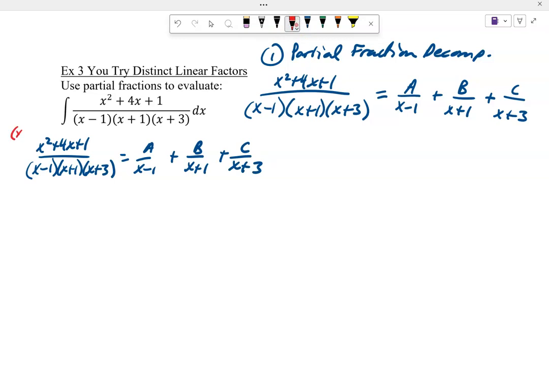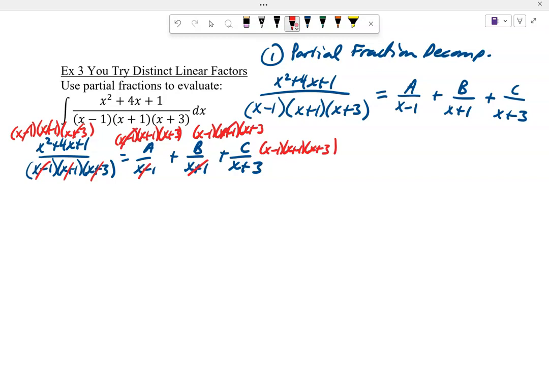We'll multiply everybody by this, x minus 1, x plus 1, x plus 3, and see how it'll cancel that. So x minus 1, x plus 1, x plus 3, everybody. So that'll be gone, that'll be gone, that'll be gone. So we have